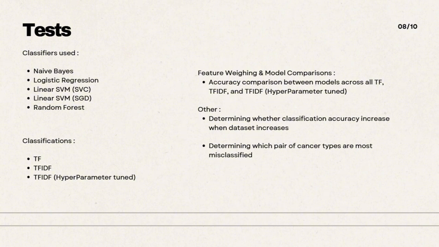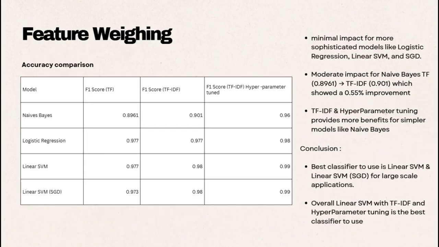And for the feature weighting and model comparisons, we compare the accuracy between models across all of the feature weightings, which are TF, TFIDF, and TFIDF with hyperparameter tuning. Other goals are determining whether classification accuracy increases as the dataset increases, and also determining which pair of cancer types are most misclassified. For the first one, feature weighting,